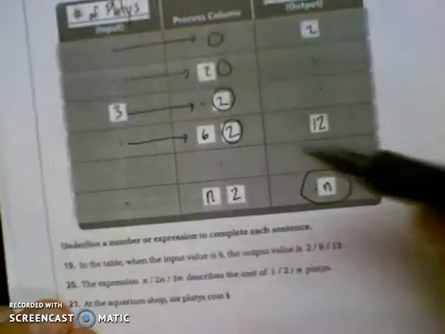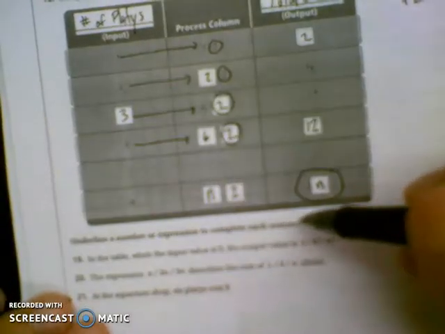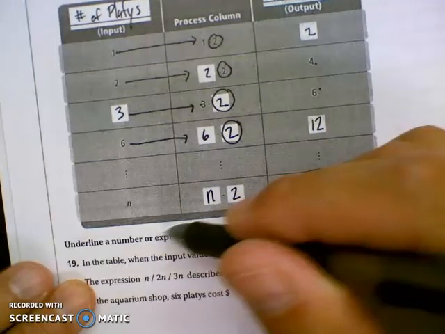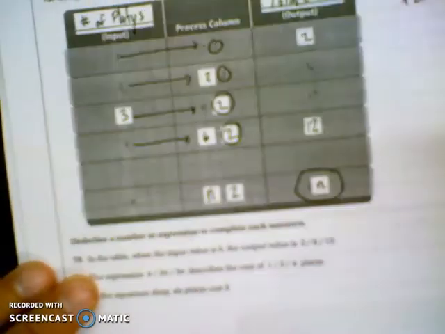Okay. Underline a number or expression to complete each sentence. In the table,